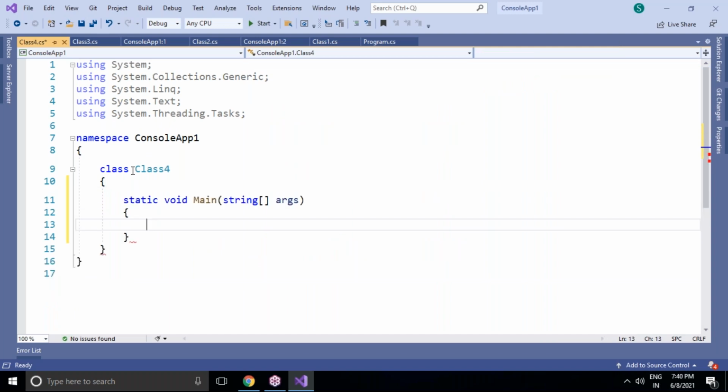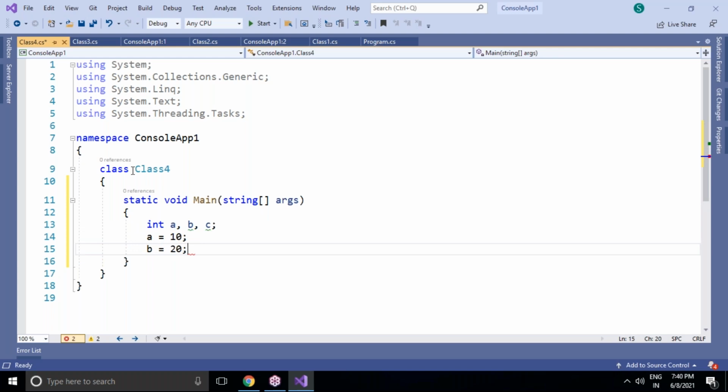Look here, static void Main. Here I'm declaring three variables, a, b, c. The value of a is 10, the value of b is 20, and c equals a plus b.